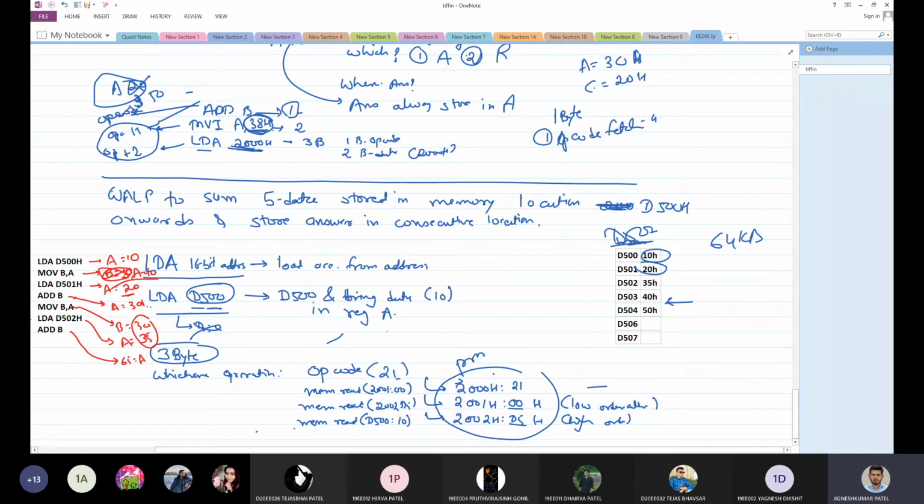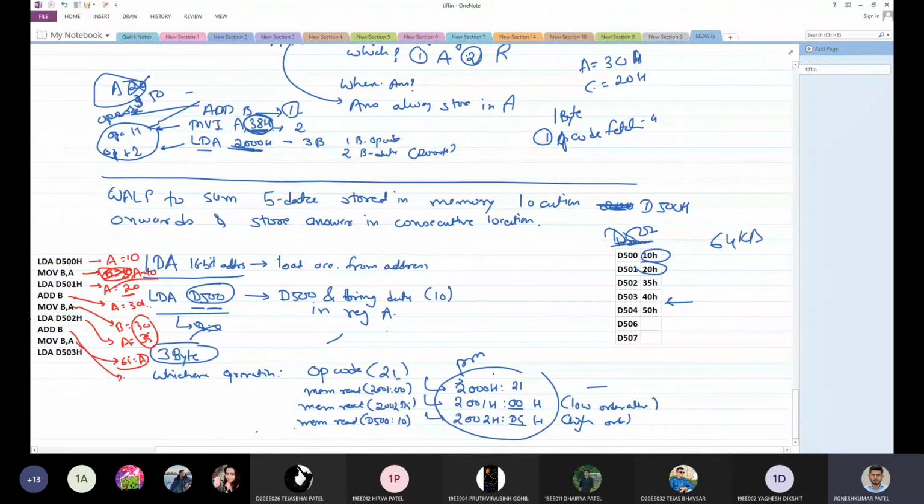It is in the accumulator. Again I am going to bring new data. This may be overwritten, that's why I have to store it. So again I am going to store it by writing move B comma A, and then I can bring my new data from the next location, that is D503H.